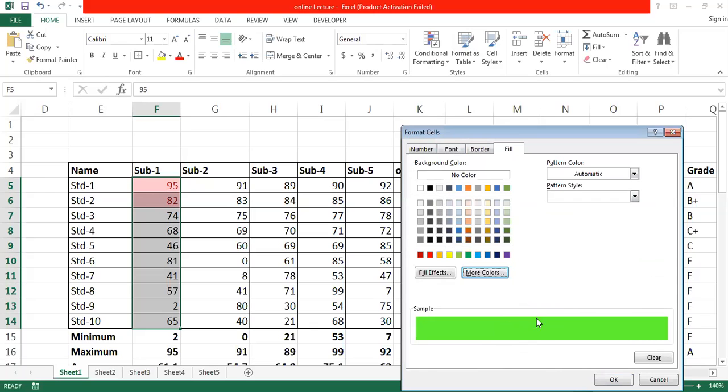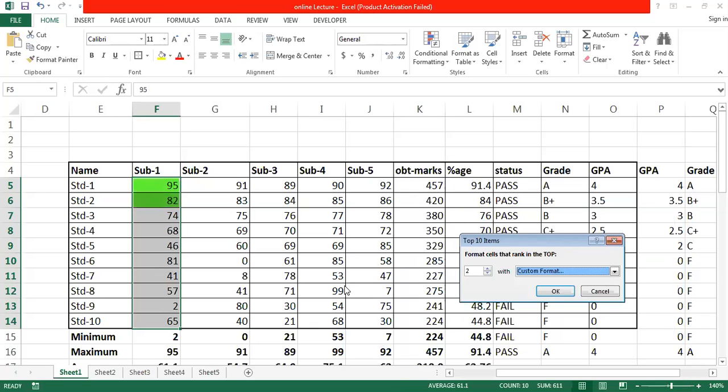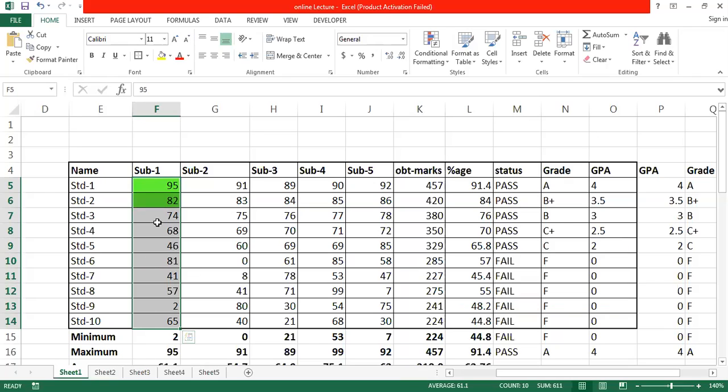in subject number 1. Then I'm going to click on OK, and now you can see the top two items, the top two student marks who scored the highest marks in subject number 1, are highlighted. Similarly, in the same data, I can achieve the bottom two marks as well. So I'm going to select this data again. Then I'm going to click on